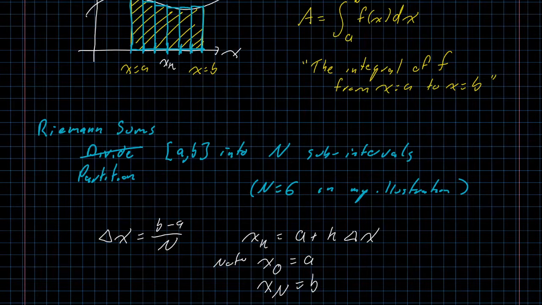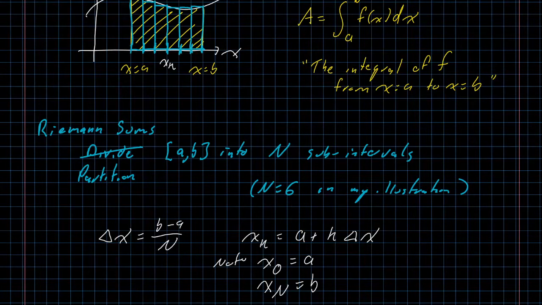Right? x0 is a is very obvious. xn is b is a little bit less obvious. But if you substitute in the definition we just came up with for delta x, you'll see that you have n and you have divided by n, which cancel each other out. And then you'll end up with a and minus a, which cancel each other out, and you're left with b. So this formula is telling us, in the picture 0, 1, 2, 3, 4, 5, 6,